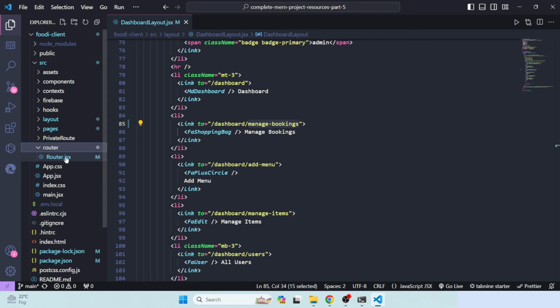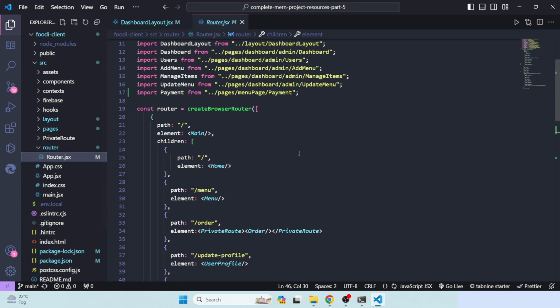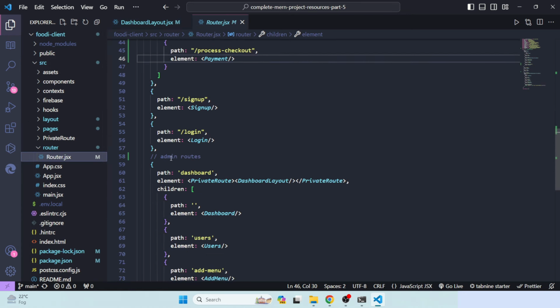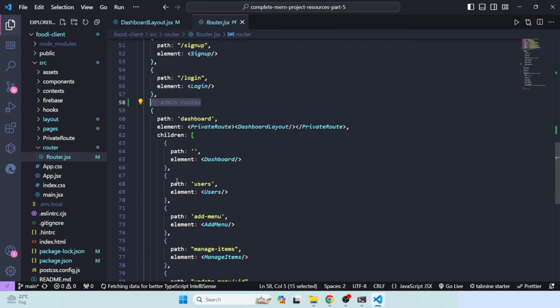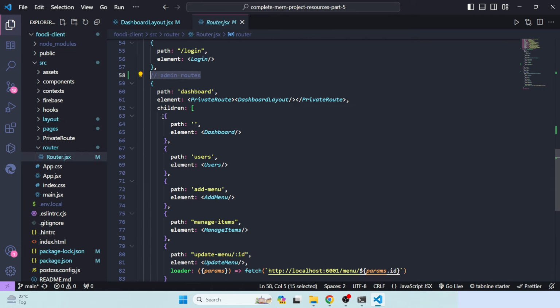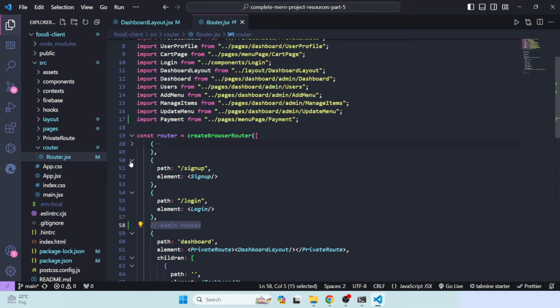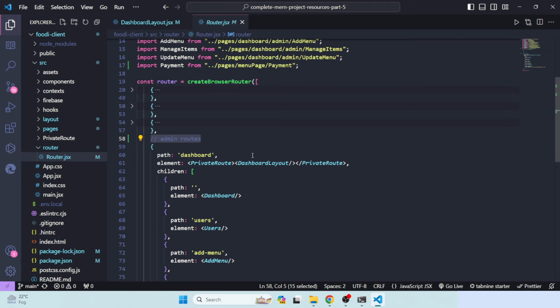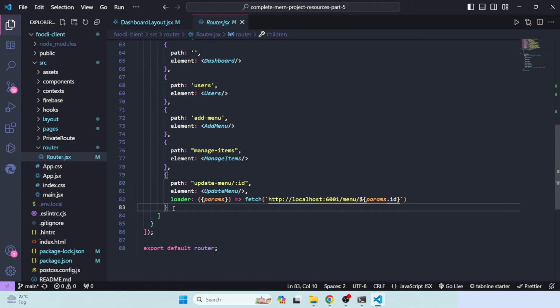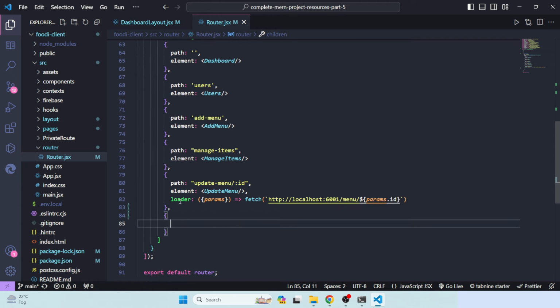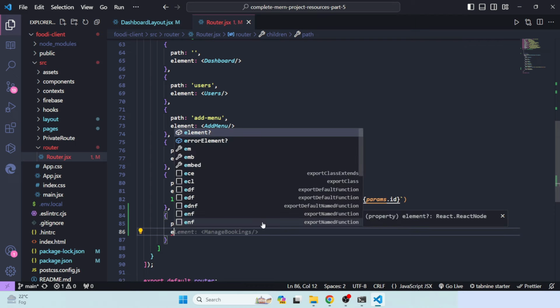So let me go to the router.js. Here it's the admin route, so that's why you can see these are admin routes. And let me close these ones. So here, inside these admin routes, we can just simply define a path. The path will be slash this path. After that we will have to define an